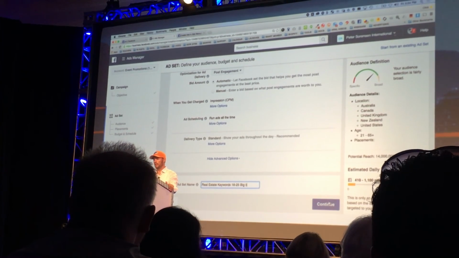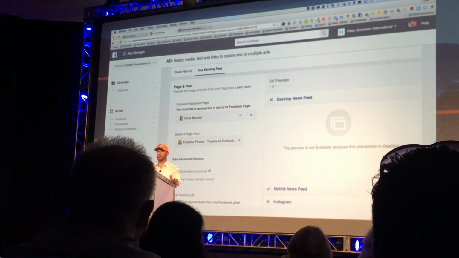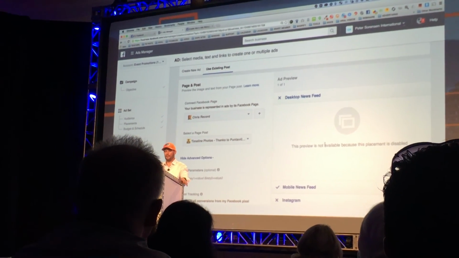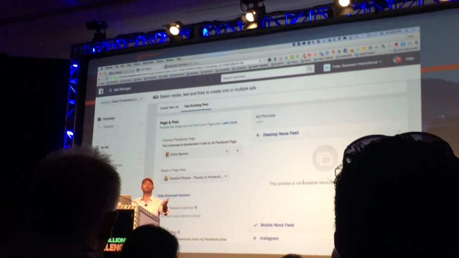Hey, whatever. Continue. The last thing you do here is you've got to choose a post for it to be. What are you going to advertise? Now, it's helpful if you already have published the post to your